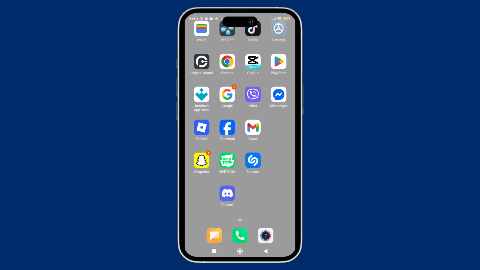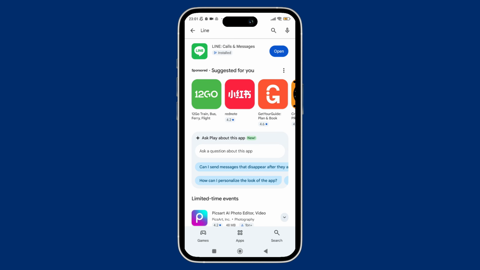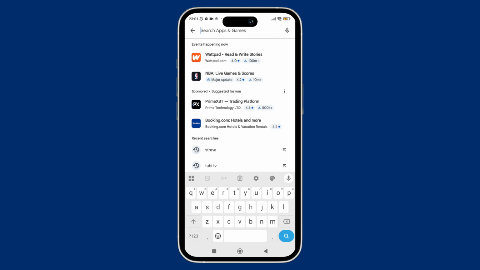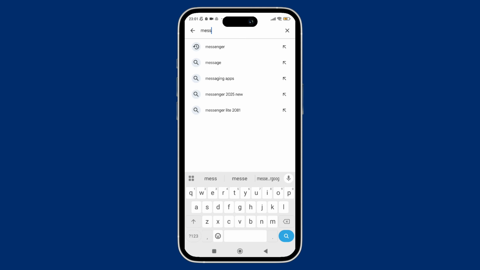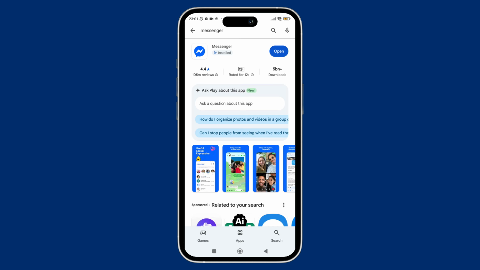So here, if you're having the screen problems on messenger, then what you can do is simply open the Play Store. And now here, once you're inside the Play Store, then you can simply search for the Messenger app. And there, if you find any update button available, then you can simply tap on it to update the Messenger to the latest version. And with that, moving forward to step 4, that is to reinstall the Messenger if